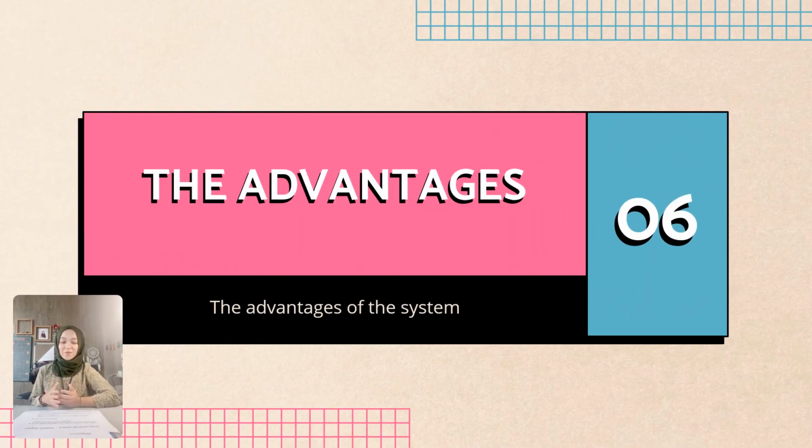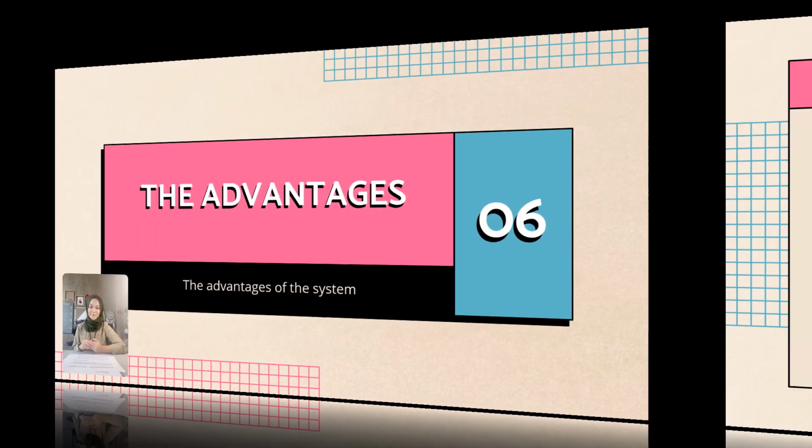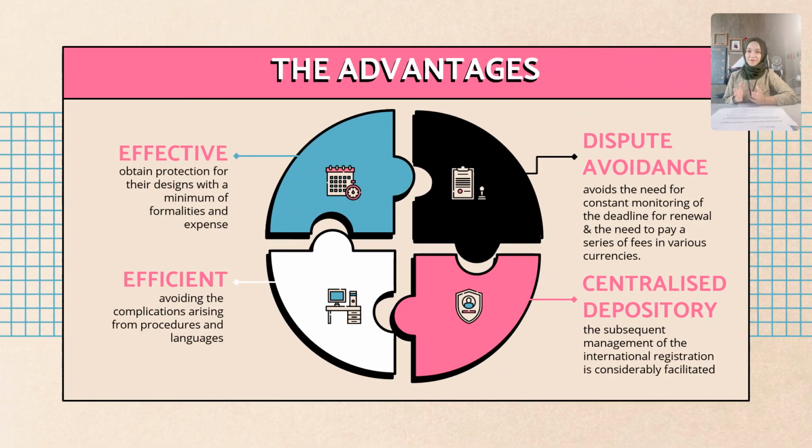And the last part of my presentation is the advantages of the Hague system. I have divided the advantages into 4 parts, the first being effectiveness, whereby we obtain protection for our designs with a minimum of formalities and also expenses. And it is a very efficient system,